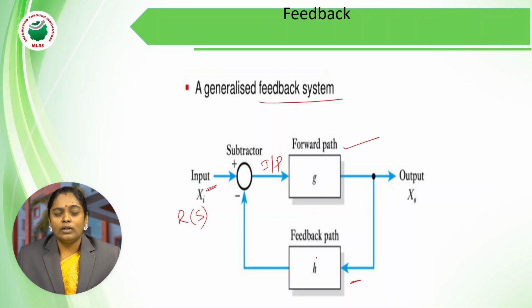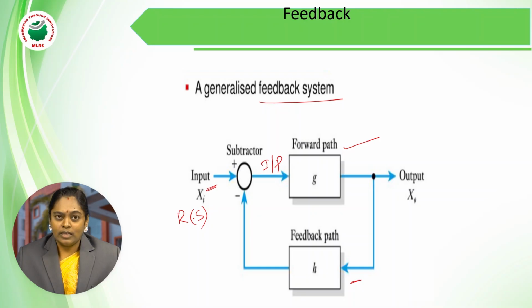As we know, in order to make the system work, we need to give some sort of input. Whatever input we are giving is nothing but a reference input. And as I told you, the main idea behind the loop is to reduce the error signal. Here the error signal is the difference from the desired value which we are expecting from a system, which is called the desired output.